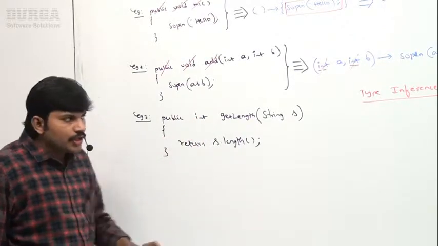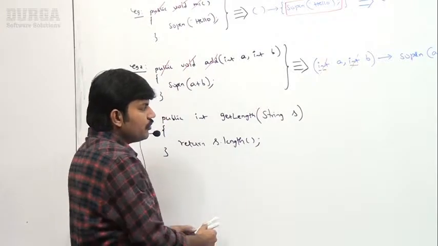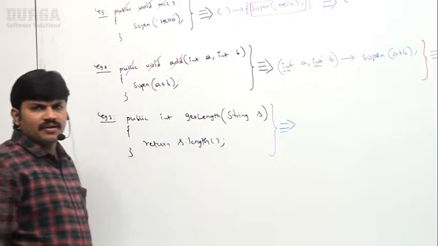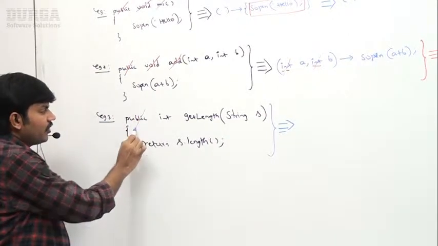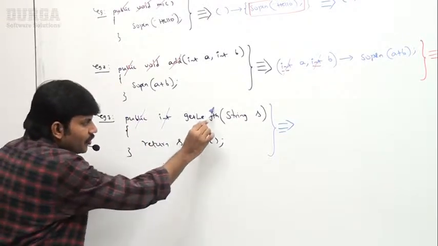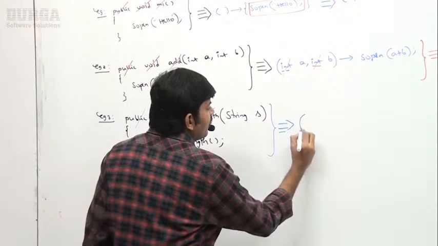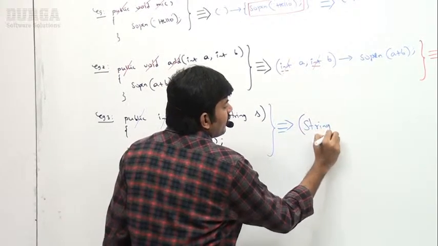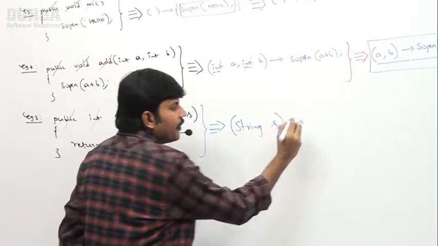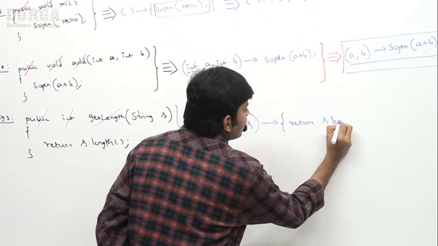Make sure, sir. Can you please tell how to convert this method into a lambda expression? I covered it already. Sir, can I remove the modifier? Yes. Can I remove the return type? Yes. Can I remove the method name? Yes, obviously. Then what is remaining, sir? Now observe: String s gives, okay, here curly brace open, return s.length(),